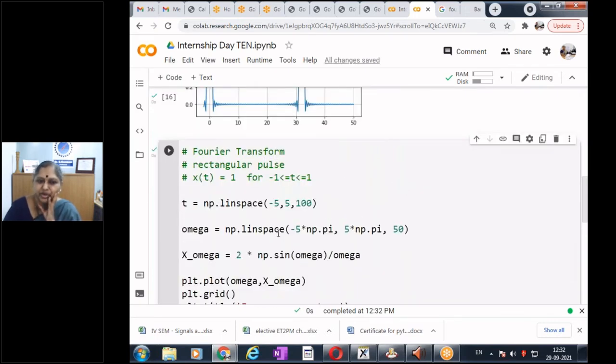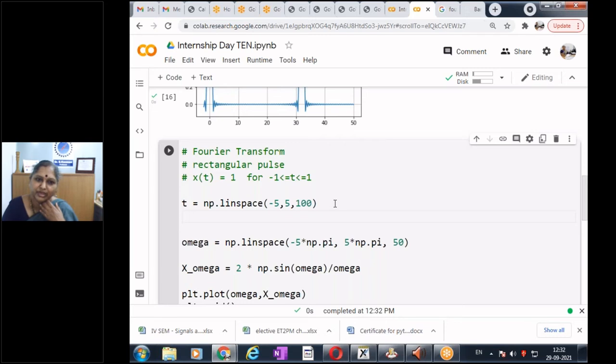I also need to plot my signal in the time domain. So how do I do that? If my t is less than -1, it should be a 0. And if t is greater than 1, it should be a 0. So do you want to do that, or you will do it yourself? You can try to plot the time domain function as well, and put the plot of time and the frequency. So this is one example.